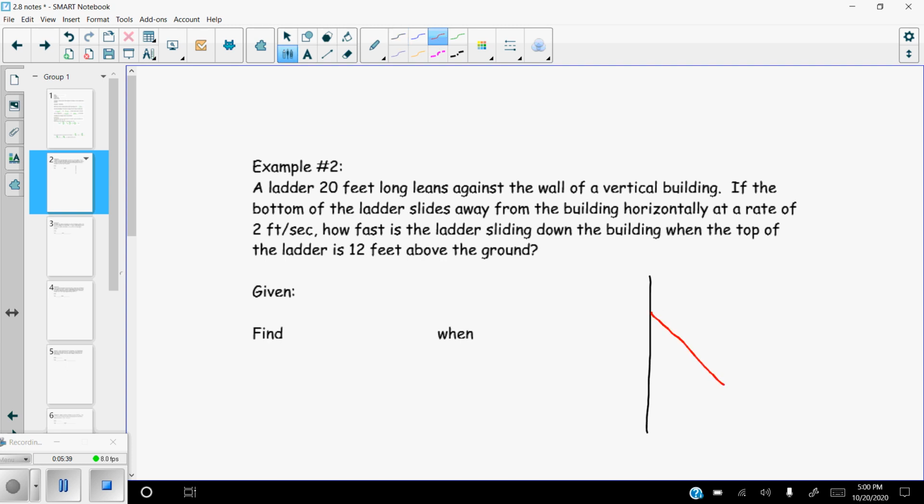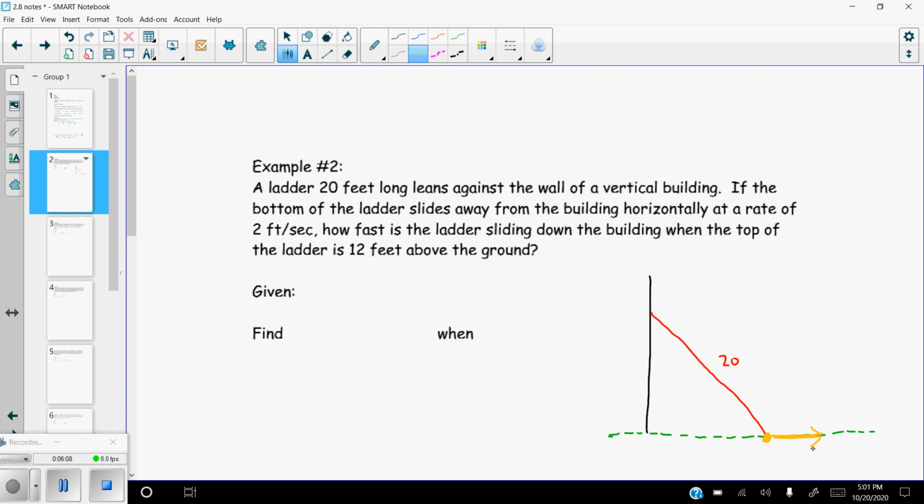I can do that. That's a 20-foot ladder leaning up against the wall. Matter of fact, we'll label that 20 feet. If the bottom of the ladder slides away from the building horizontally, so here's the bottom of the ladder, here's kind of the ground, I guess. And it's saying that the bottom of the ladder, which is here, is sliding away from the building horizontally. So it's moving in that direction